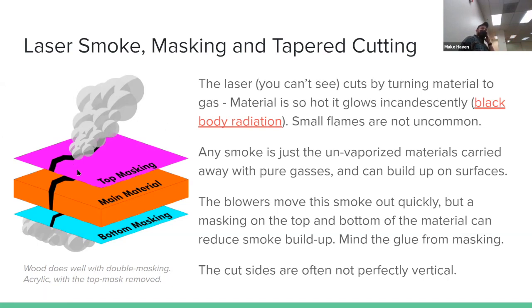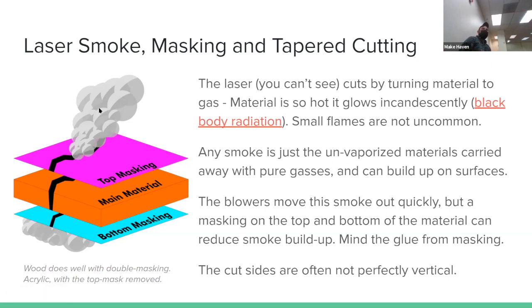There's a couple other notes. One of the things that's wild is that when the laser is glowing white, that is glowing hot. It's not a fire, it's vaporizing and just burninating everything without actually doing anything. So it's glowing incandescently, which is its own entire fun science nerd thing called black body radiation. That's what the sun does. The sun isn't on fire, it's glowing hot. Anyways,